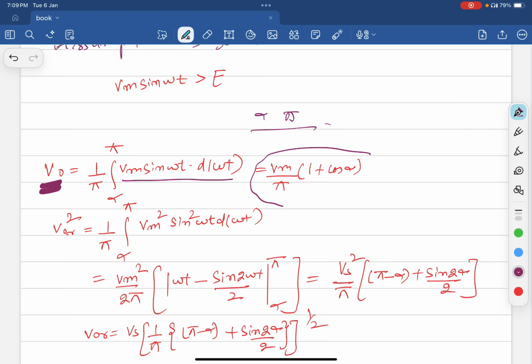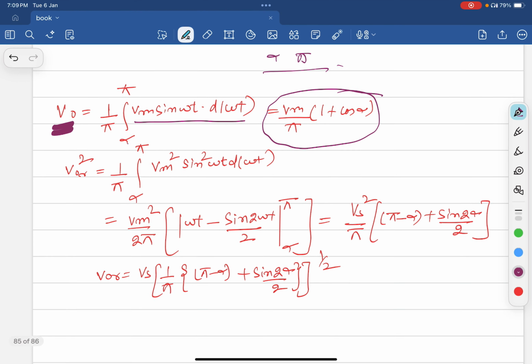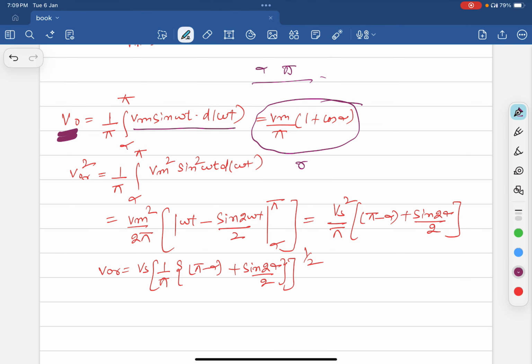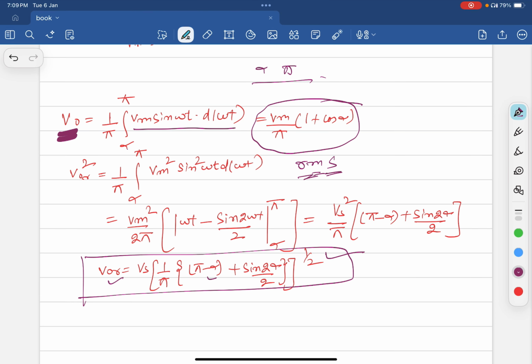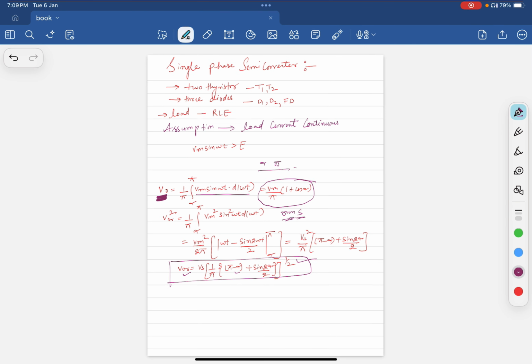So what we get as the output voltage is Vm upon pi times (1 plus cos alpha). Also you can find the RMS value, root mean square value. Square it, take the mean and then take its root. So this is the value we get. The RMS value equals Vs times the square root of (1 by pi times (pi minus alpha plus sin 2 alpha upon 2)). So this is the way how the single